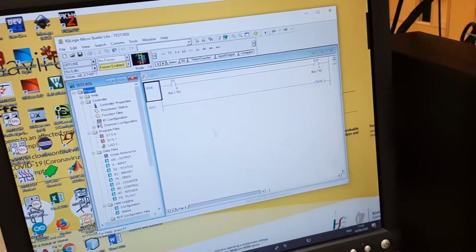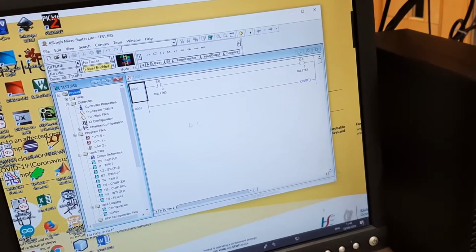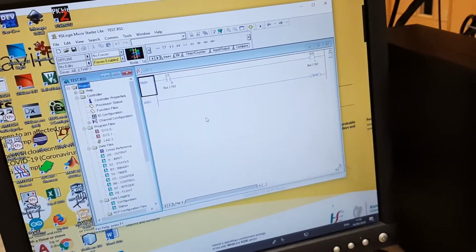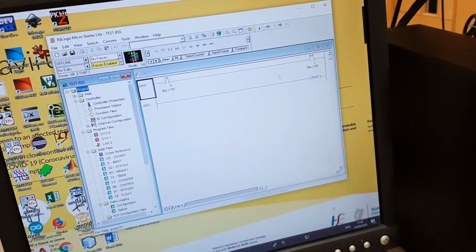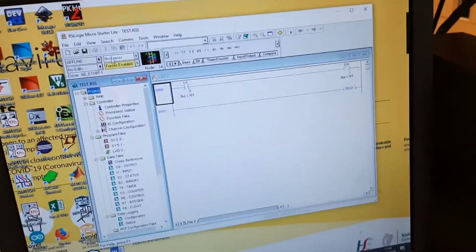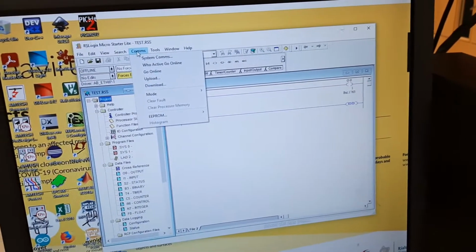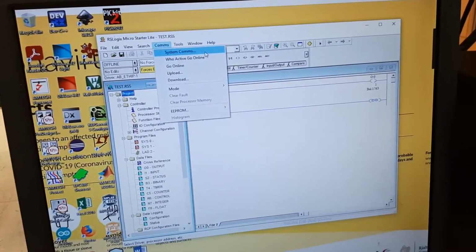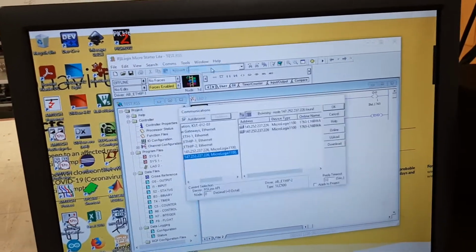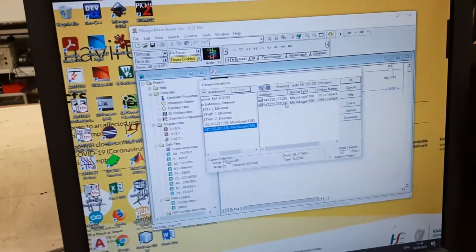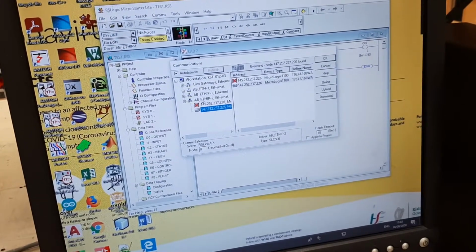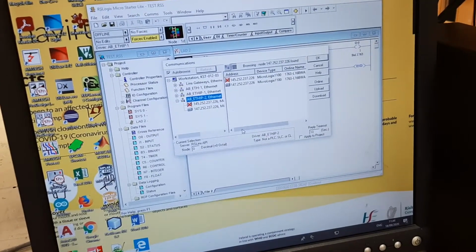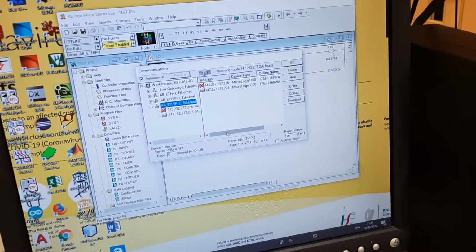So here I have a very simple diagram which I'm going to explain in a second. But before we can upload this small program to the PLC, I just want you to be reminded about the error that might happen when we want to make sure that the system communication link is configured properly. When we come here and click on this one here, we will see all the active kit IPs here,